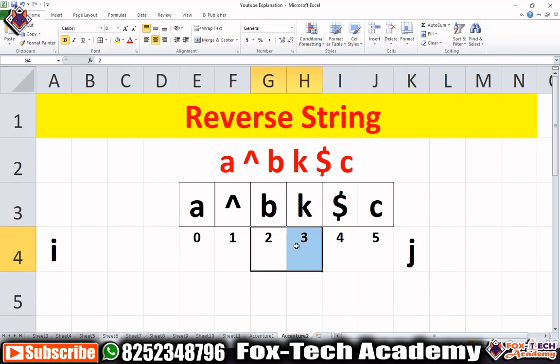After this, because in this situation we have come to the last element, it means that we don't need to go further for reversing, because when we reach here, we confirm that we are at the middle of the string, and we don't need to reverse the string any more. So in this case, we will loop and repeat the same process until i is less than j. You can see that this will be i and this will be j. Whenever these two intersect, we can say that we have worked with each and every character of the string. So let's solve this problem.